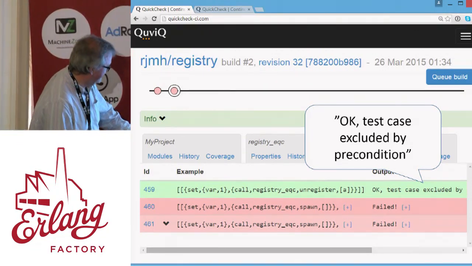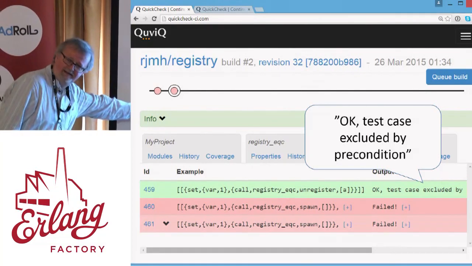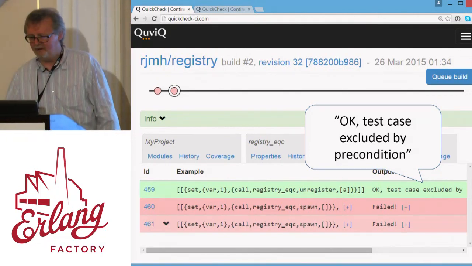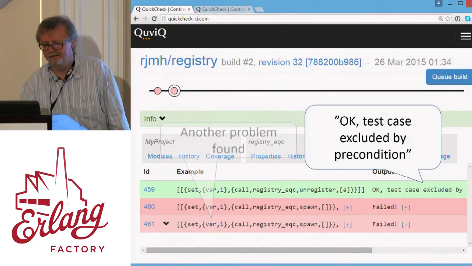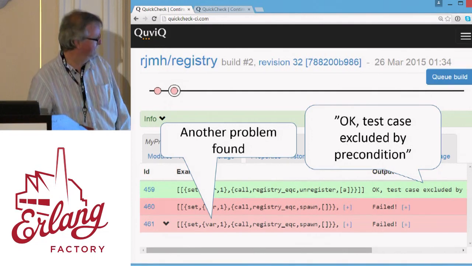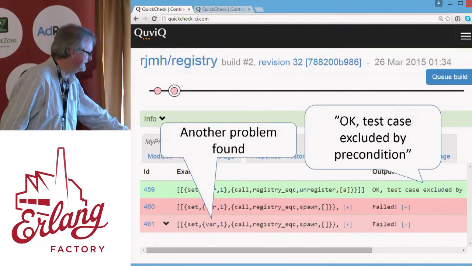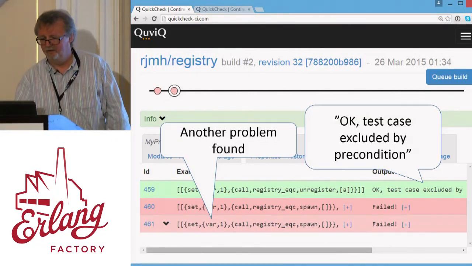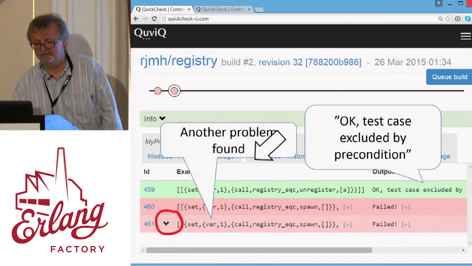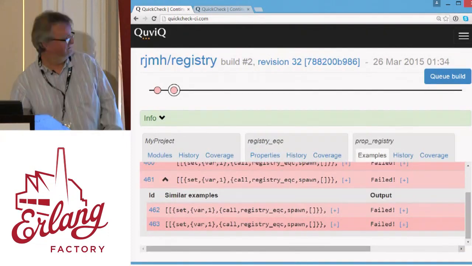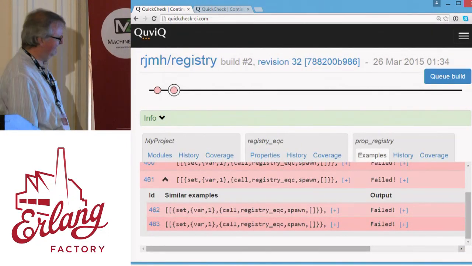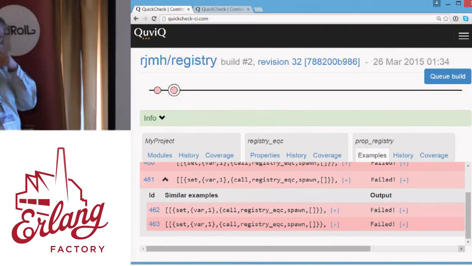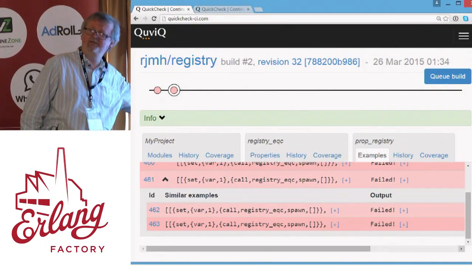You can also see that we've now got 3 examples here. So the second one we looked at before, but there's a third one that has appeared. Another problem. What is that? You can also see that there's a little caret sign beside it. What does that caret sign mean? Well, let's click on it. So if we do that, then that line expands into one example, which we'll look at in a moment, and a list of similar examples.